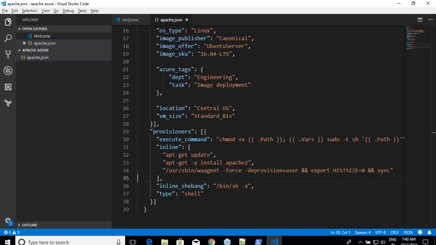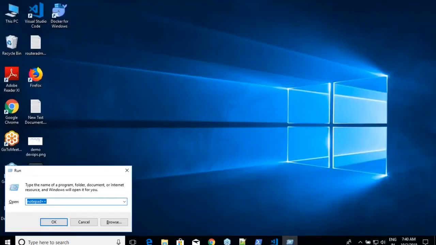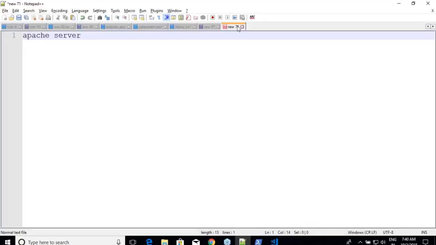You can remove that. In shell provisioning, remember, whenever we have written a shell provisioner, we have written type as shell, inline, right? If you don't like this inline stuff, what you could do is create a file. Now, let me come back and discuss something over here. What you want to do is create an Apache server, but at the same time, you want to create it on both AWS and Azure. How do you do that?